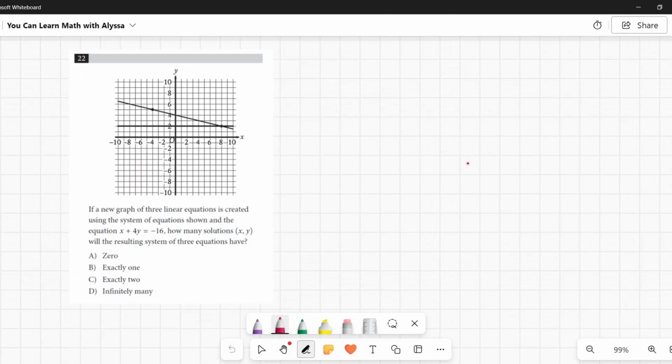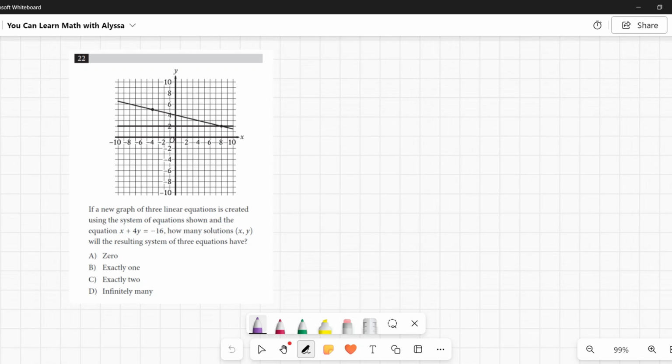Number 22. If a new graph of three linear equations is created using the system of equations shown and the equation x plus 4y equals negative 16, how many solutions, x and y, will the resulting system of three equations have? When we're talking about systems of equations and we're graphing things, the solutions are going to be where the